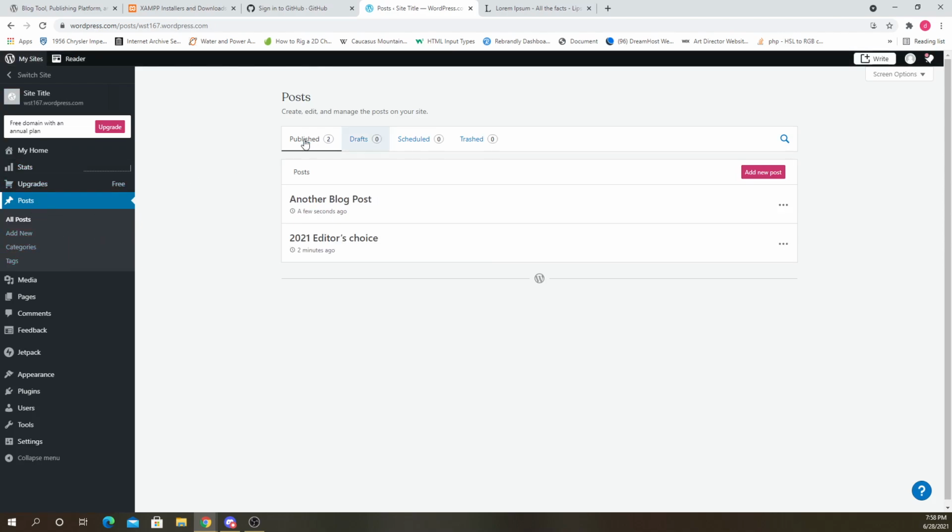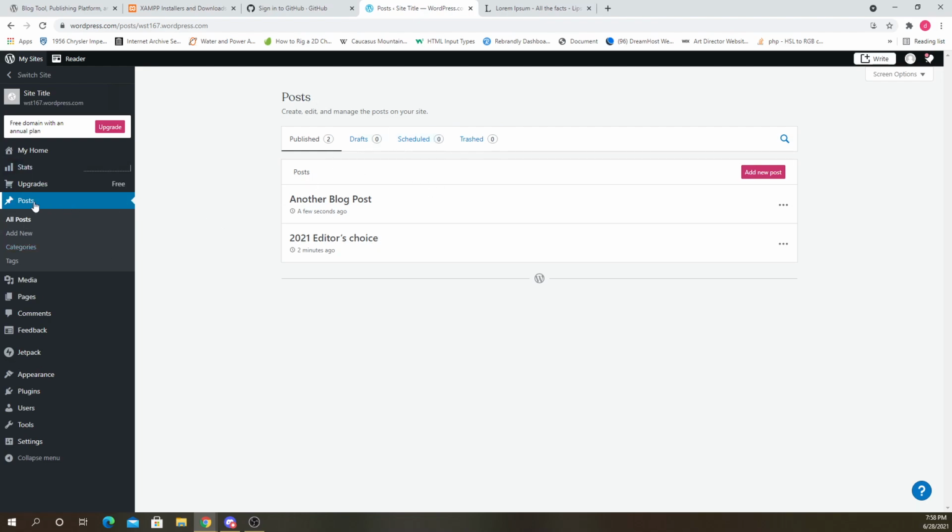So again, posts are just blog things. If you don't have a blog, you might not make use of posts. But they are basically just more pages, right? You could put images and text in there. You could treat it just like a page. The difference is a blog usually, well, how do blogs look? You have posts that you can scroll through, and the newest one is on top, right?